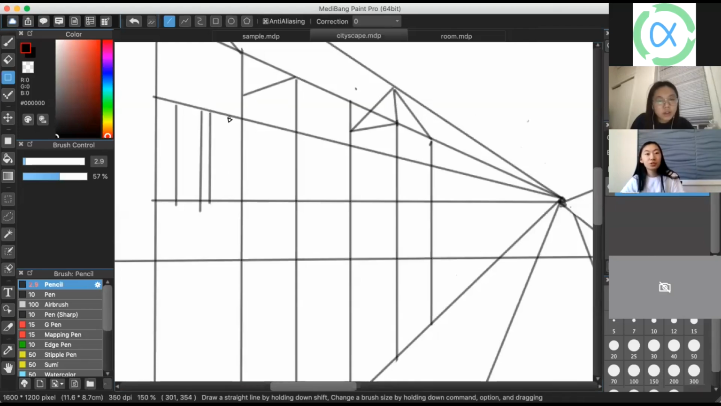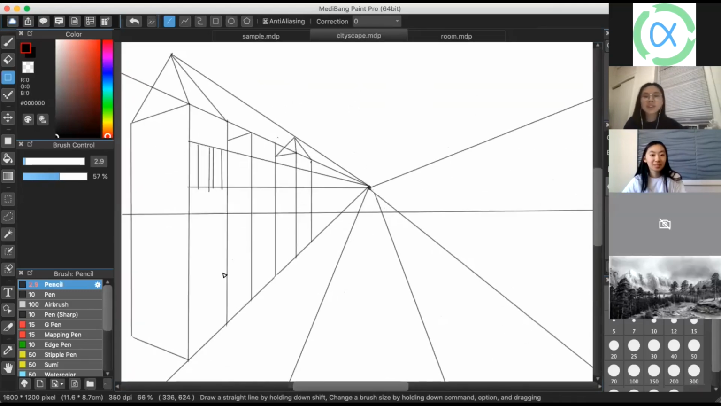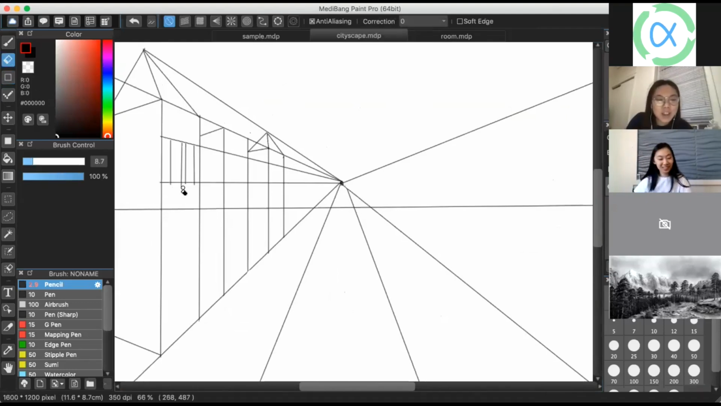Wait, Stephy, shouldn't you do it on a different layer so it's easier to erase later? That's fine. It's fine. Should I do that? It's fine. I'll find a way to erase it. And I erase